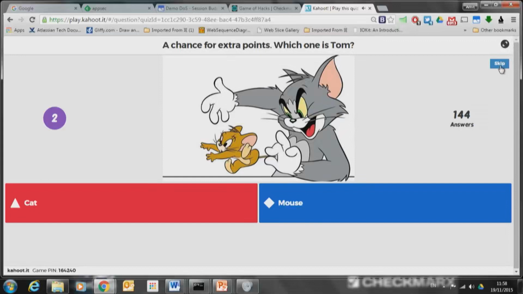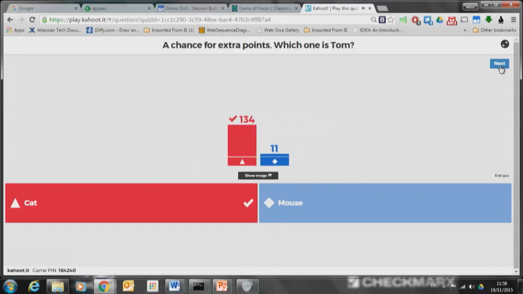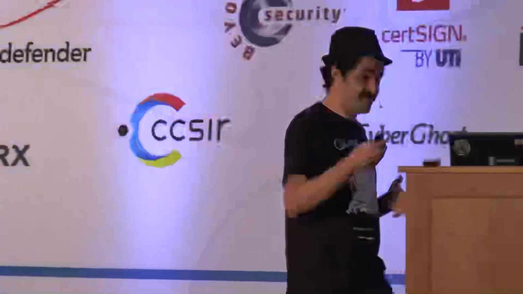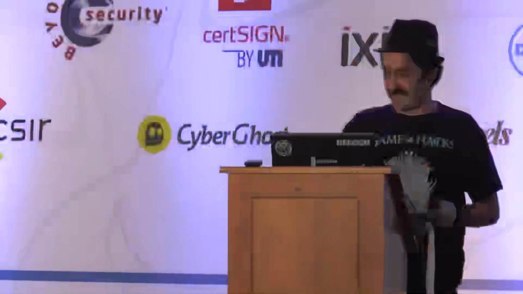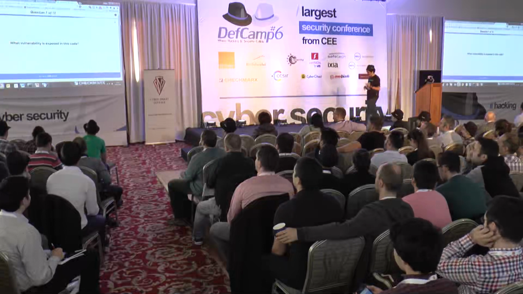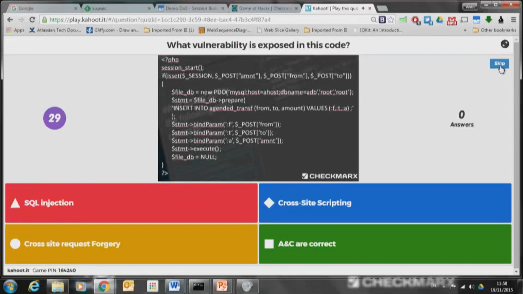And now, of course, we have everyone answered. 145. Nice, very nice. It's a tomcat. Some of you know Tomcat, right? Apache, things like that. Okay, let's move on. Another vulnerability, I think that's the last vulnerability. After that, we have some questions about Game of Hacks, about what we talked about. This one is supposed to be a bit more difficult.